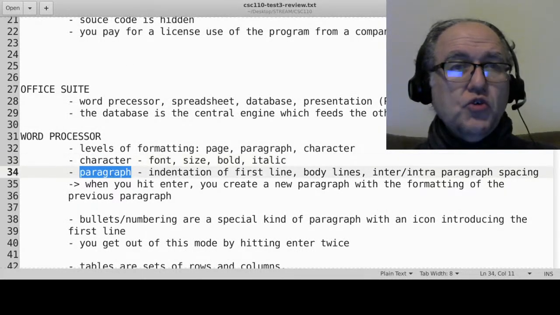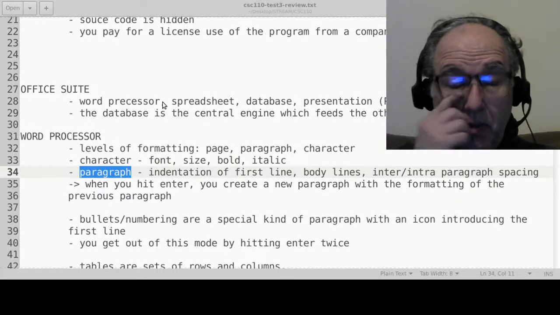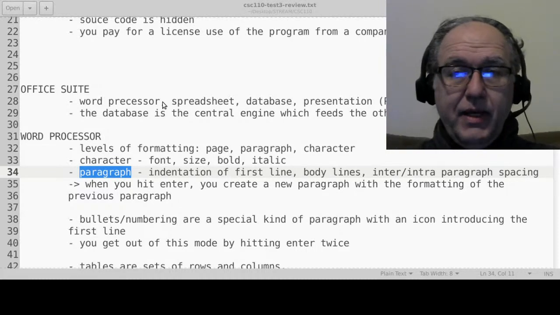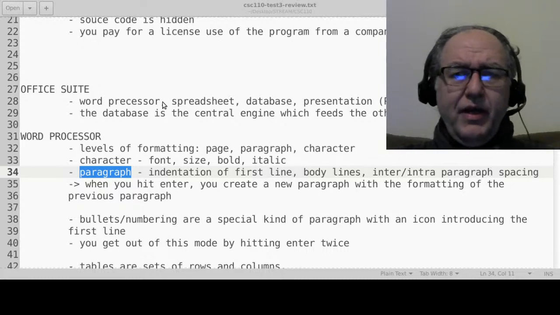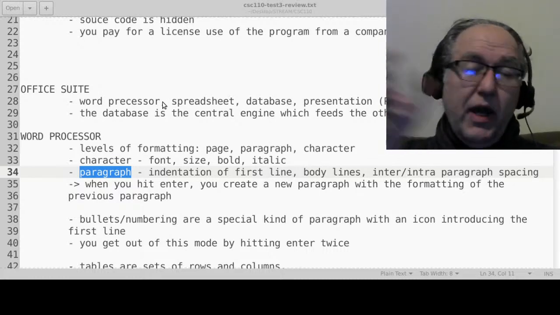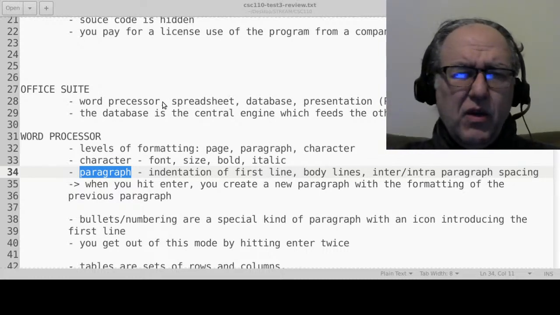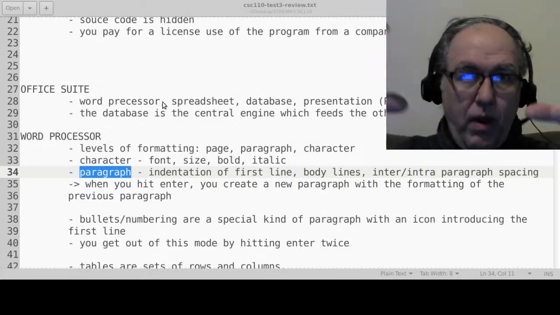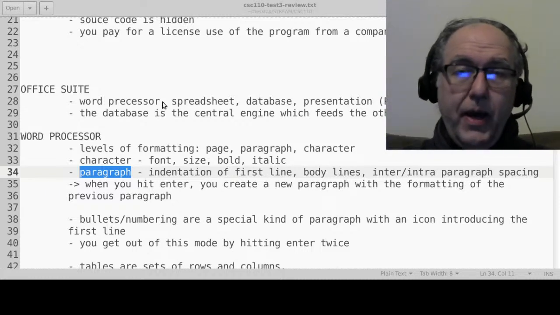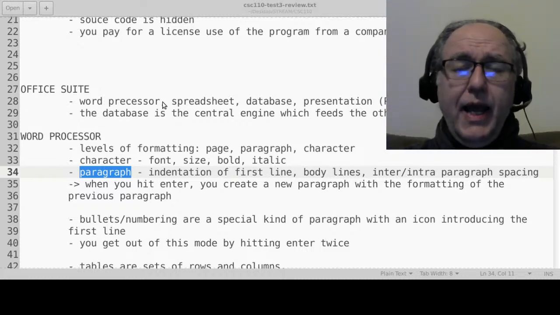The most important one is usually the paragraph level, and that's the one that most people don't know about, because they just start typing and they hit return when they need to go to a new paragraph. And then if you cut and paste in there, things start to look funny and you'll go, what's going on? The paragraph is basically the basic repeated unit throughout the entire paper,